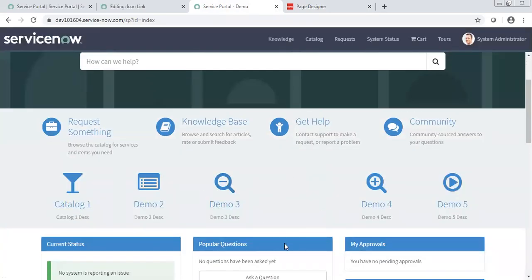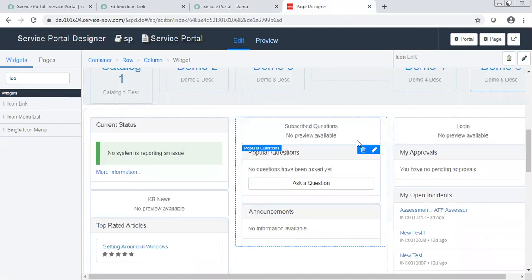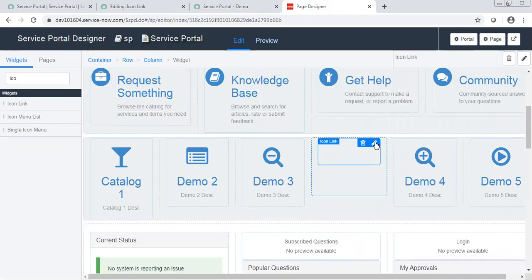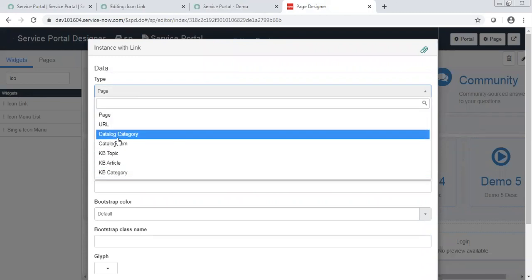So see, in this one I didn't put anything, let me put this one. So here you get many options.